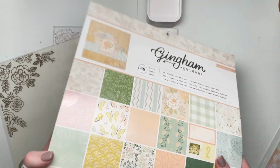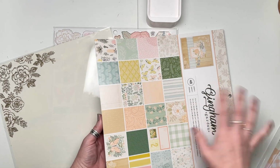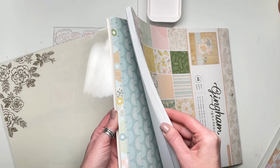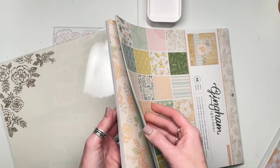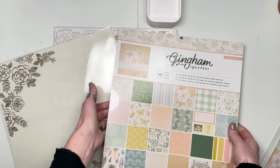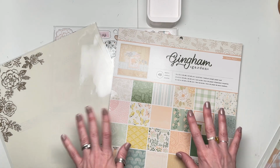48 papers. Now this is a very big paper pack obviously, and the American Crafts ones, or anything owned by American Crafts, and it's Create Paper, are single-sided papers, and there are 48 papers in this pack. There we go, there they are, there's loads of them. Now this I think is $17.99, and it's very good value because the papers work out nice and inexpensive, but